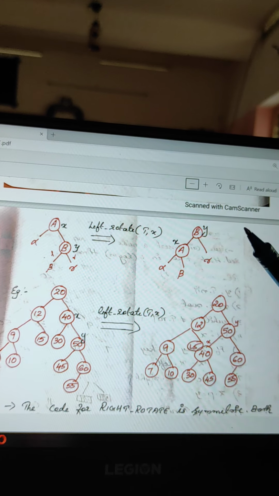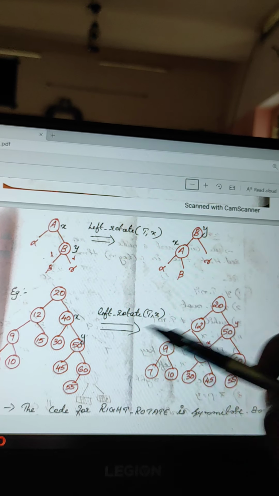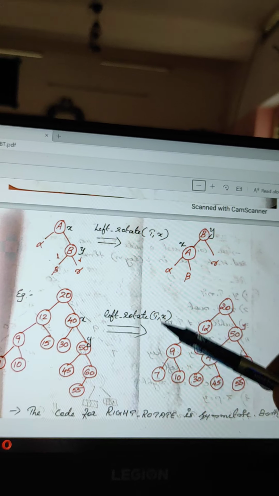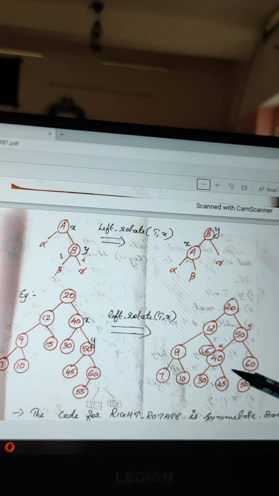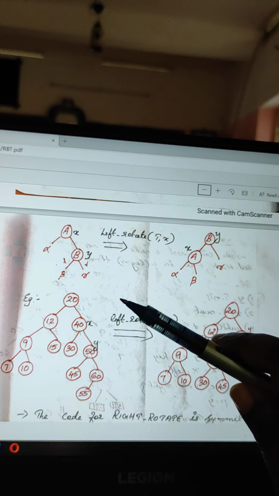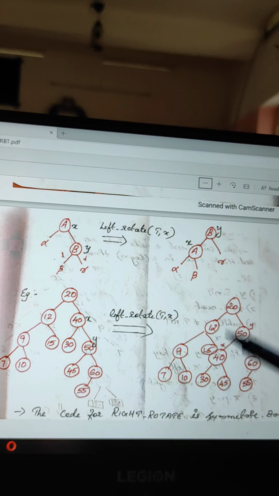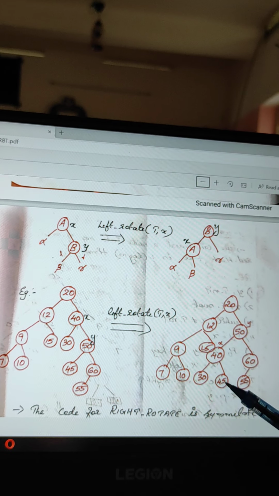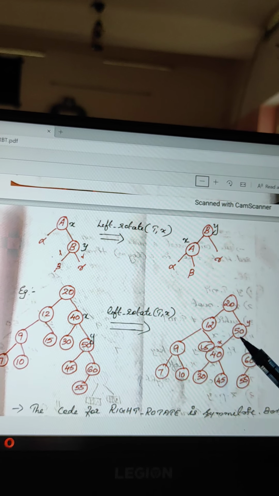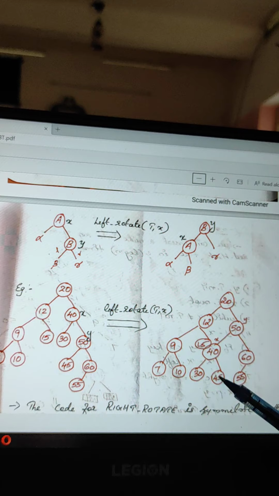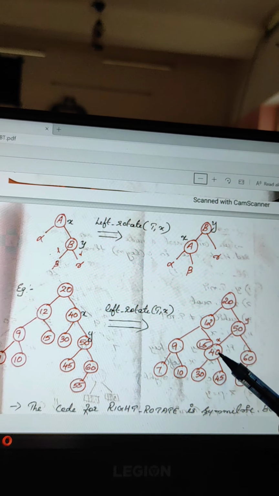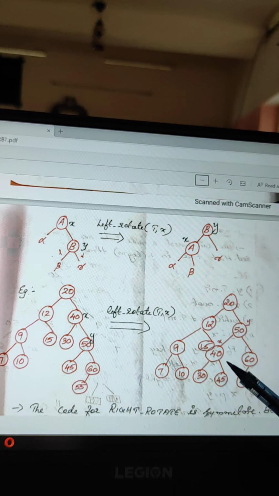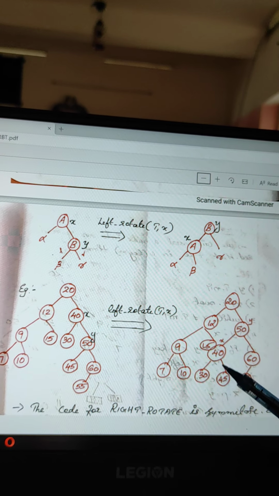And there is a condition for left rotation. If y has a left child, after left rotation it will be the right child of x. That's a condition here, so we change that also. And we have to change the parent of y's left child: y's left child's parent is x.